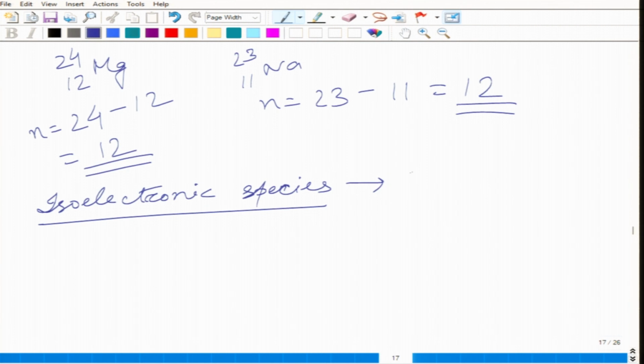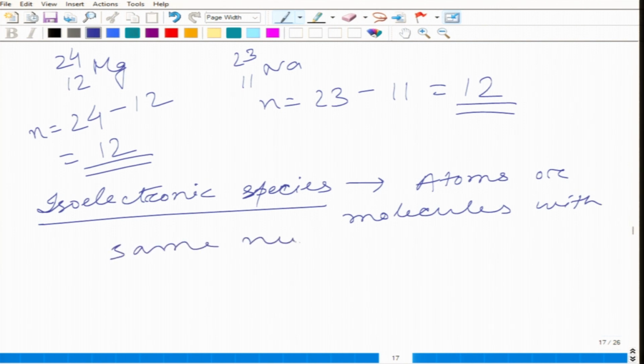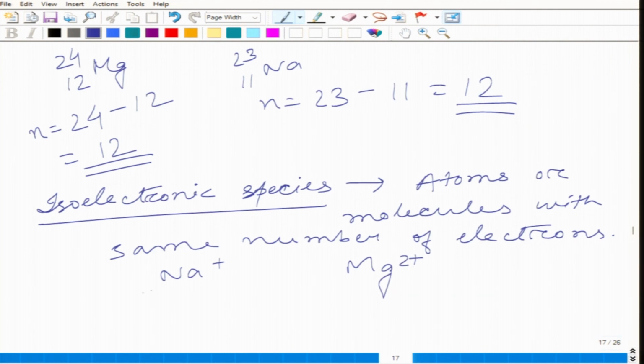Obviously, isoelectrons have atoms or molecules with same number of electrons. Okay. We have said that electron number varies. So, for ions or for molecules, the number of electron can be same, like Na plus and Mg2 plus,